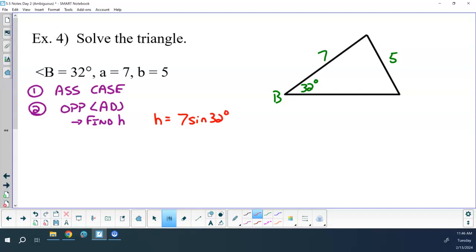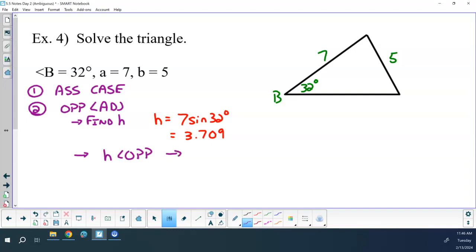Seven sine of 32. H versus opposite. Opposite's longer,